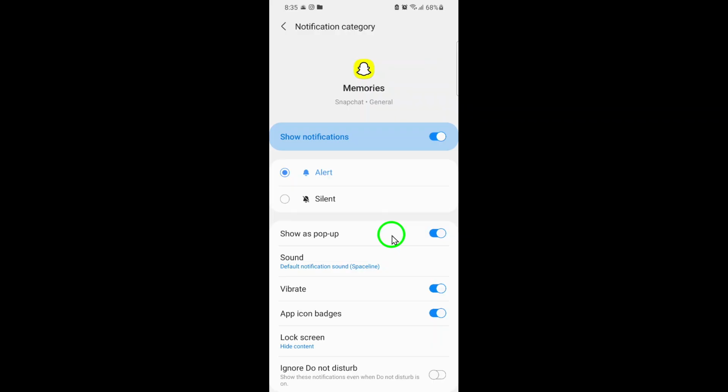Once you've made this change, you're all set. You can back out of the settings and enjoy a calmer, less distracting Snapchat experience. If at any point you want to enable pop-ups again, just follow the same steps and toggle the option back on. Turning off pop-up notifications for Memories is a quick and easy fix for anyone who prefers more control over